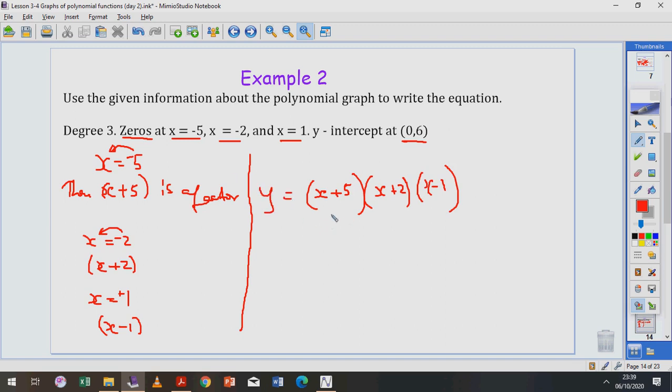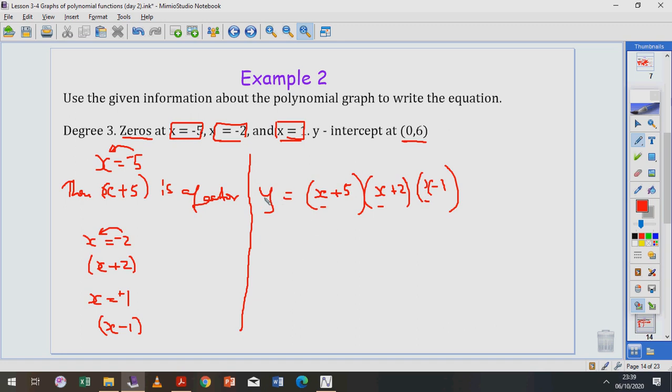I hope you can see clearly that if this is multiplied out, the maximum power of x that you'll get, the leading term, will have a power of 3, and since it has a power of 3, the x-intercepts can be expected to be 3 or less, and I have 3 x-intercepts, or 3 zeros, so I'm within what is correct for this expression. Since it has a y-intercept at x is 0 and y is 6,